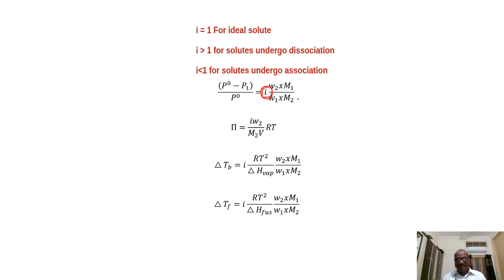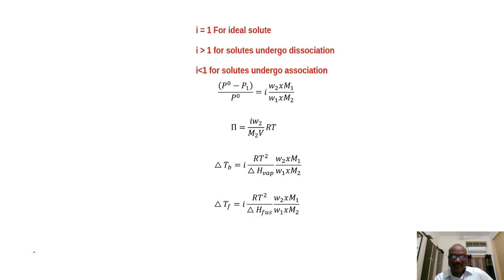So the observed or experimentally determined molecular mass will be more than the expected. So it can be minimized by using i. You know that i will be less than 1 here. When i is less than 1, this molecular mass which you have calculated will be minimized. Similarly, in the dissociation process, the observed molecular masses will be less. So they can be increased to the actual molar mass by multiplying with i, because i will be greater than 1 here. Like that we can calculate the actual molar masses with the help of these van 't Hoff factors.